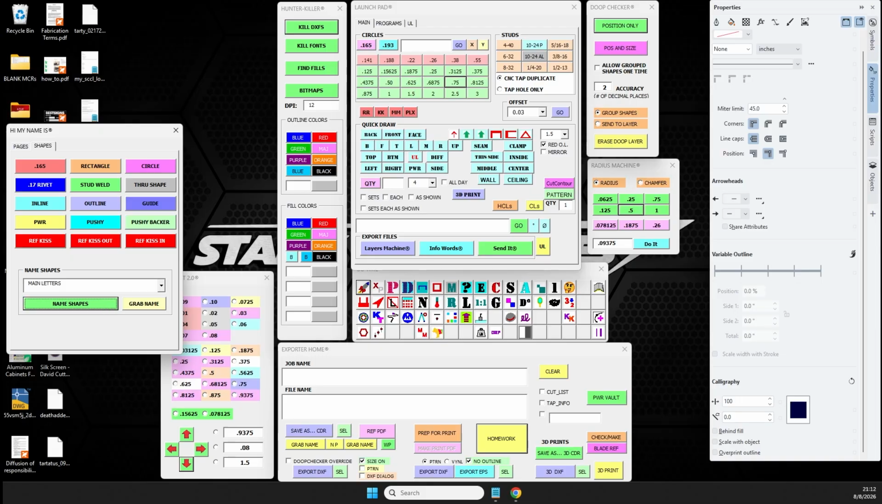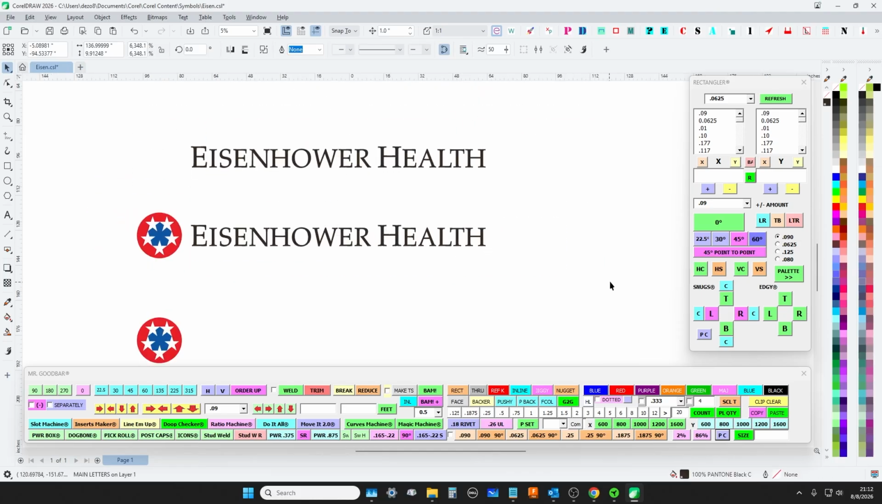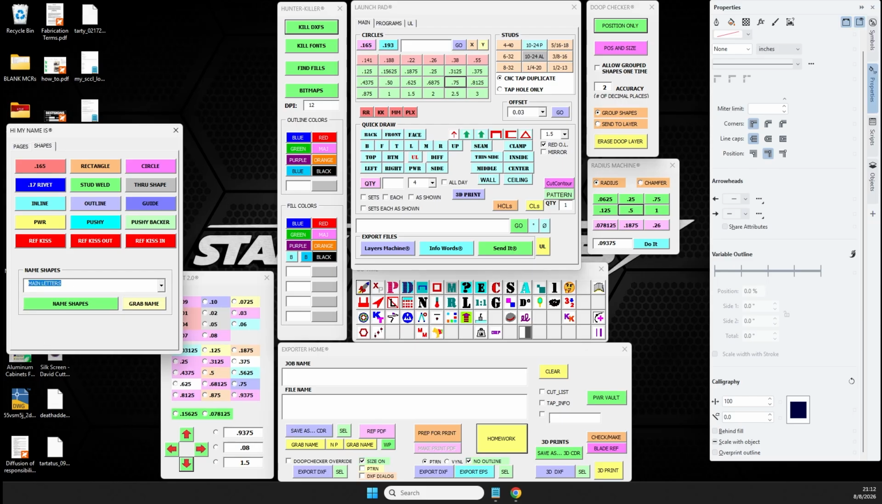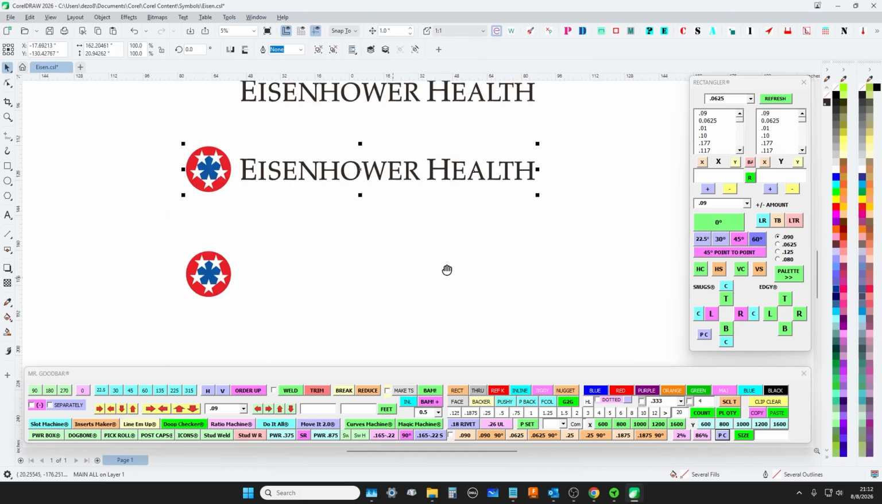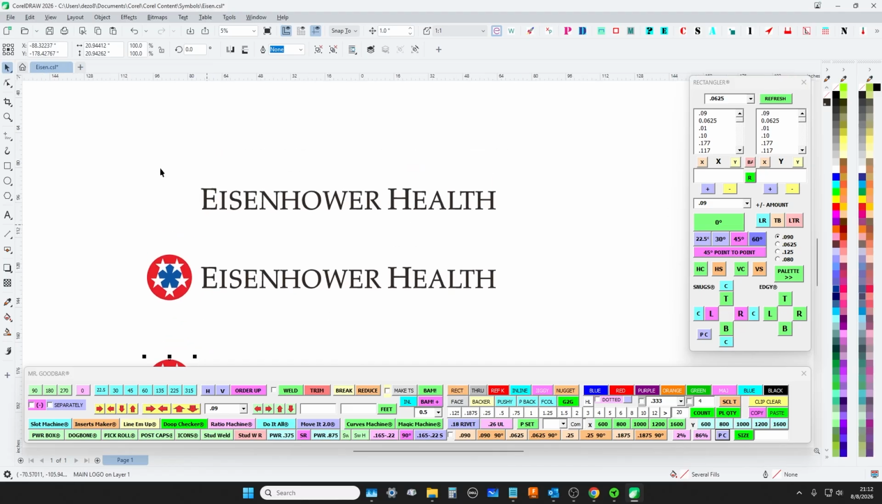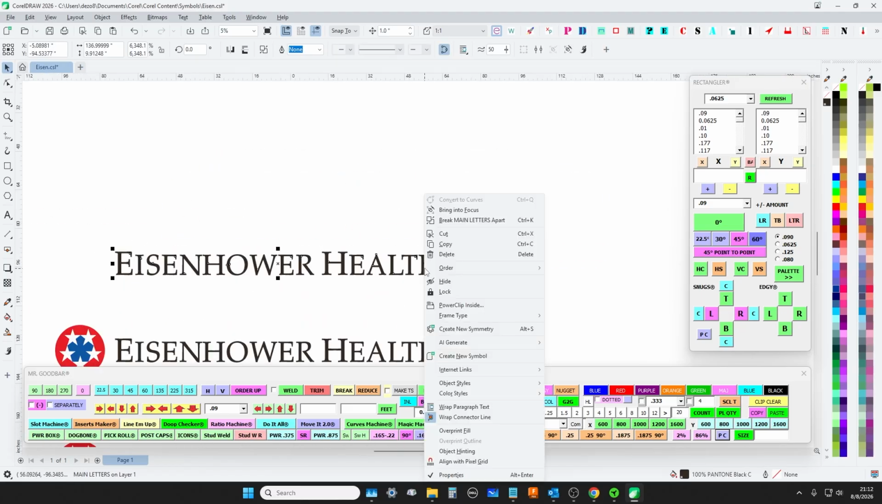We'll name shapes. There you go. And then we can get rid of that. And then we'll group this, and we'll name this group main all. There we go. Okay, so now I have this, and I have this. So now what I'm going to do is select and right click, and then I'm going